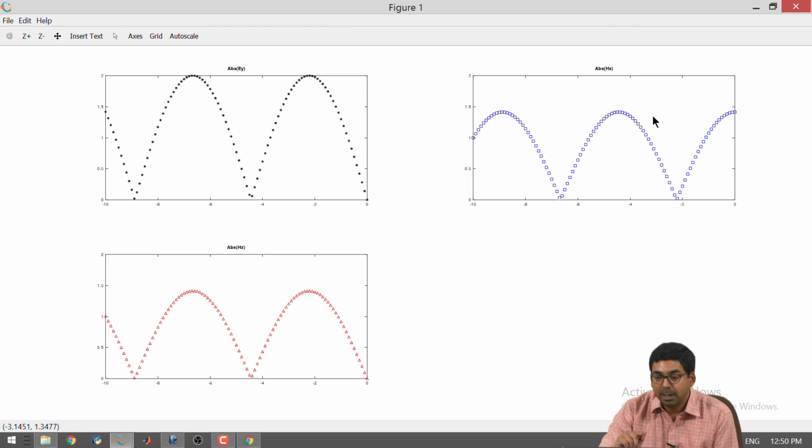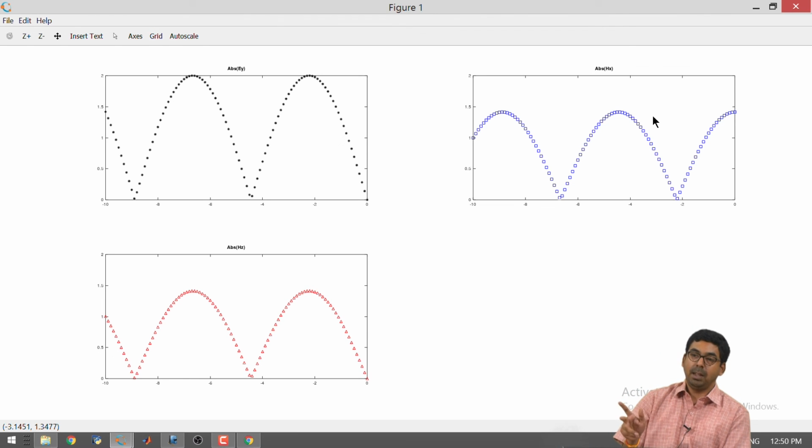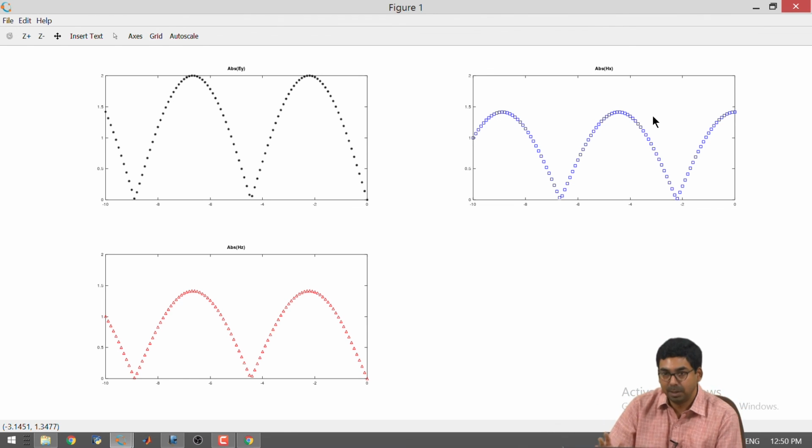And when you have Ey crossed with Hx, since the electric and the magnetic fields are out of phase by 90 degrees, you do not have a power transfer in that direction. It is very similar to the case of having inductors and capacitors in circuits, where your voltage and current will be out of phase by 90 degrees. So, you will not have inductors and capacitors consuming any power. It is a similar case. So, I think now you have a tool.